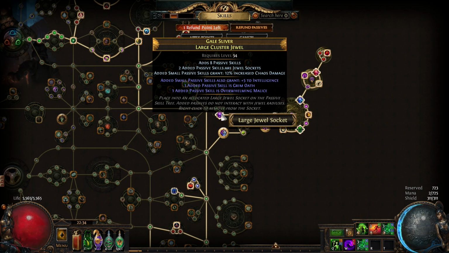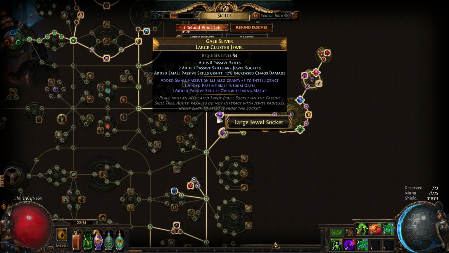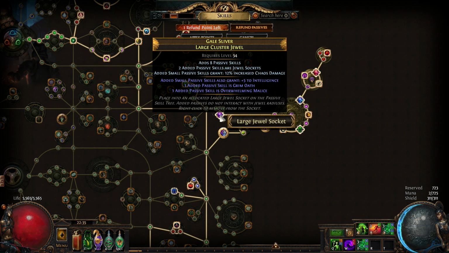What I'm searching for is Overwhelming Malice. It gives us Unholy Might anyway. And there's some other good ones, but just try to get that one plus one more of these passive skills that boost you. Any of them is fine, but you want to go for Overwhelming Malice for the large cluster. For the second one, make sure you roll it on a plus 12 increased chaos damage also, otherwise these